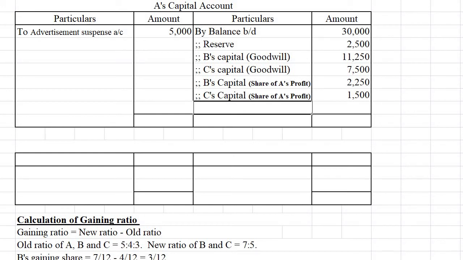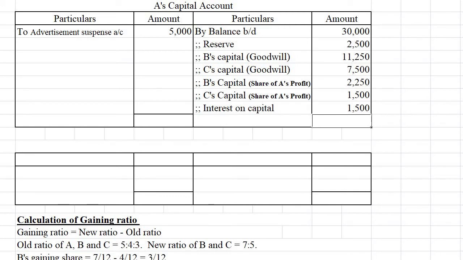Okay. Then next we have to see what it is. Interest on capital should be given to A till his date of death. That we have to write. Interest on capital, how much is there? 30,000 is the capital and 10% is the interest. So 30,000 into 10 by 100 into 6 by 12. So that will be 1,500.